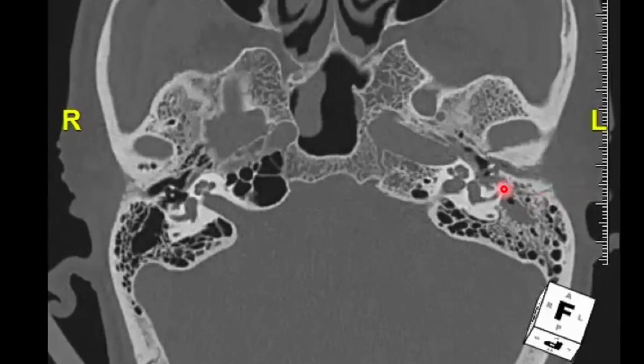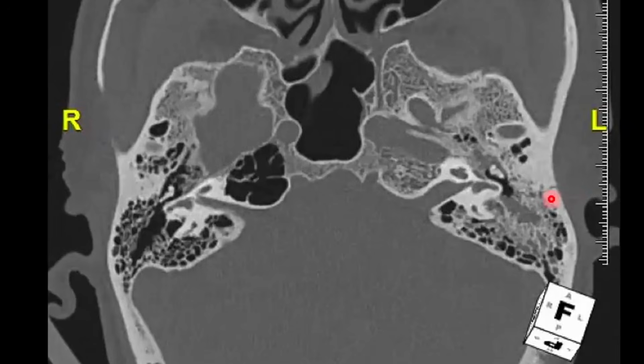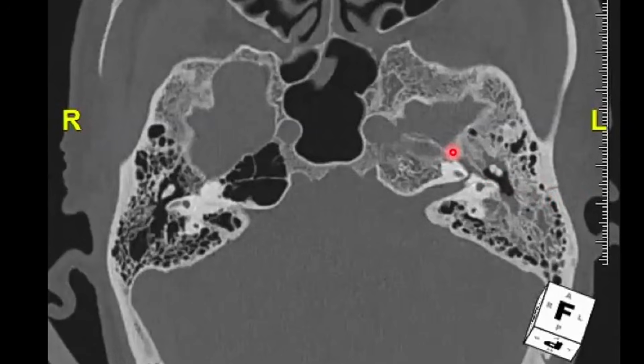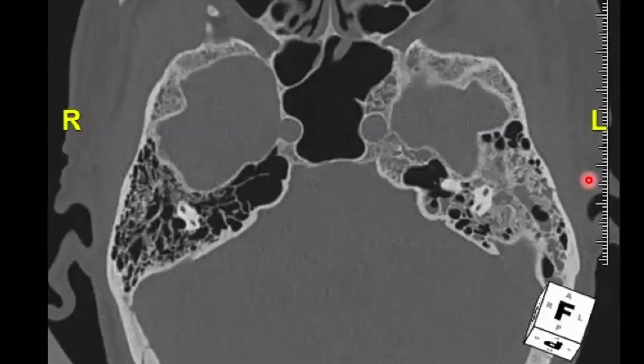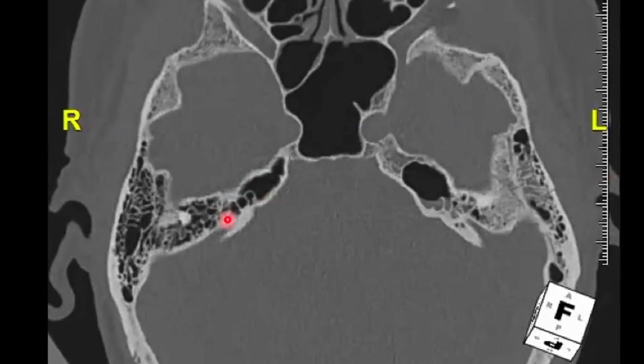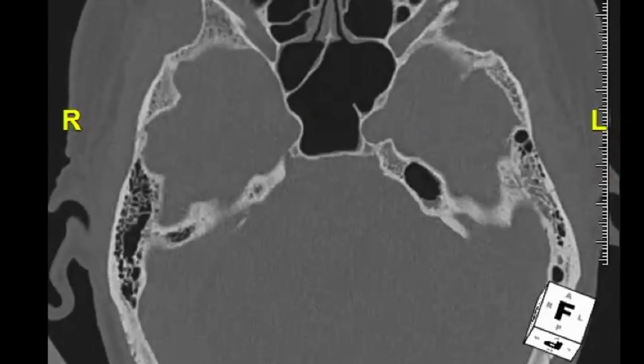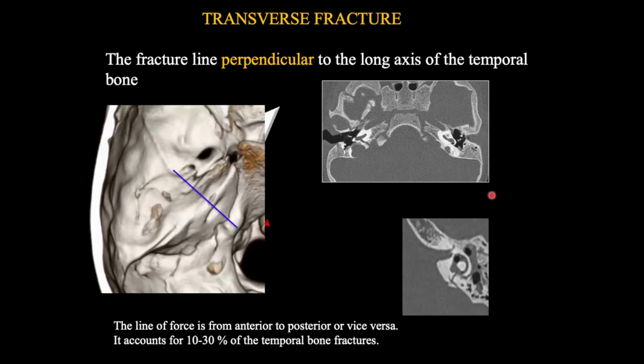Oh, there is a fracture line. Correct? So this is again a longitudinal fracture with no involvement of the facial nerve or any ossicular chain erosion. Okay, again, normal variant of pneumatized petrous apex. Now let's go on to